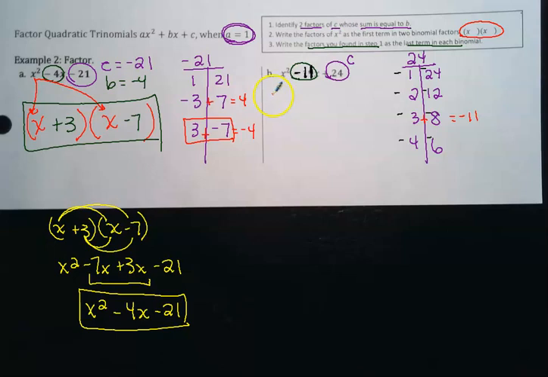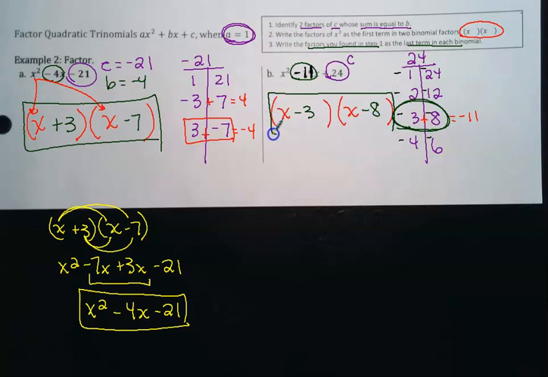Okay, so the next step then is to write those binomials where we have x and we leave it blank because we know our first term and that's it. And then we pull in those terms, right? That was these right here. So we're going to have x minus 3 and x minus 8. That is it. And again, to check it, you're going to